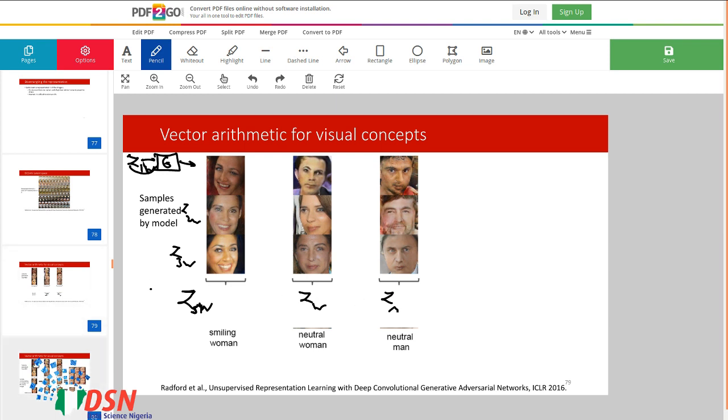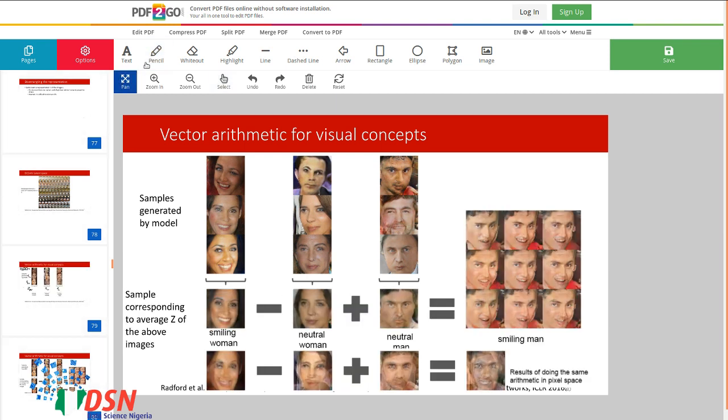The interesting thing here is that if we subtract this ZW from the smiling woman, and then add the man latent variables to that, and after that pass it to the generator network, we could get a smiling man. It is so interesting to see this example.